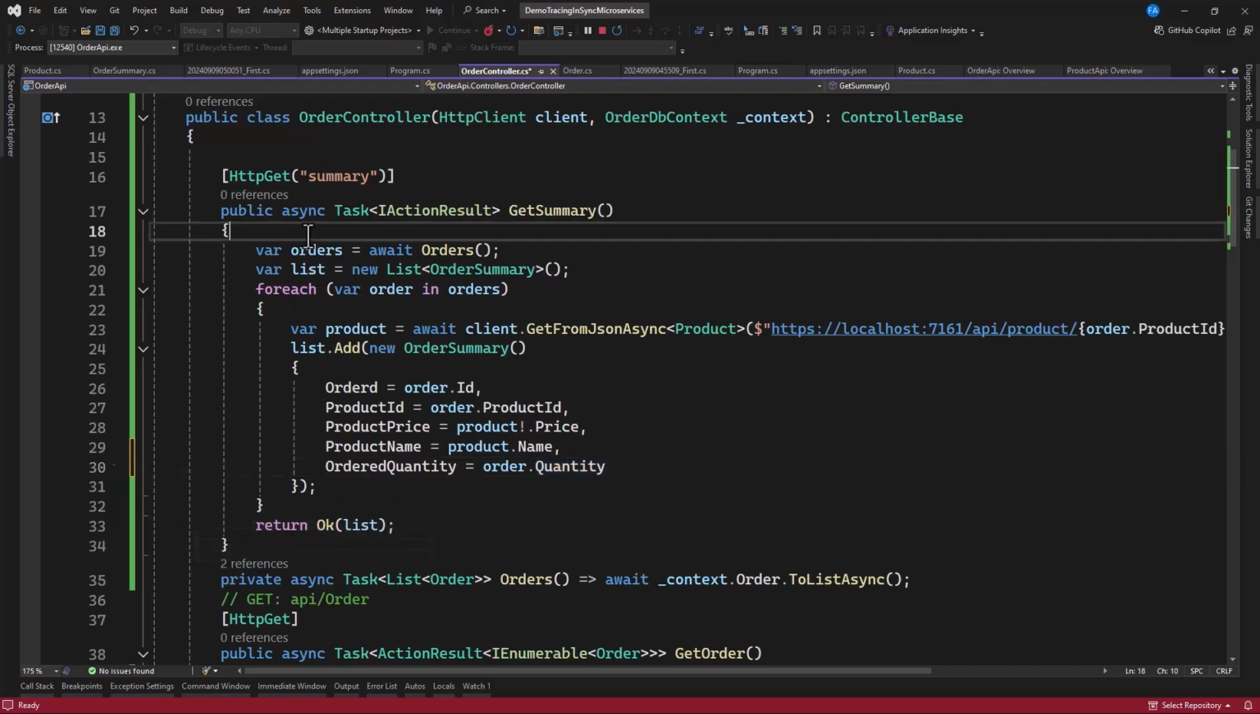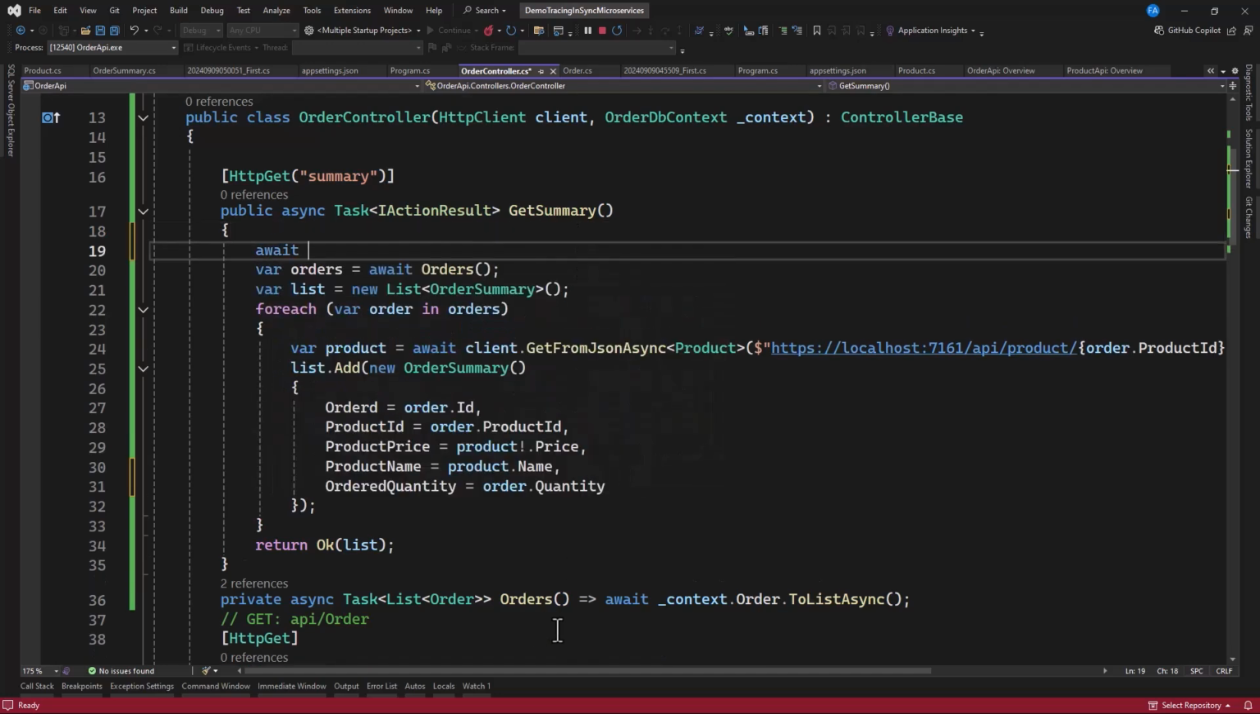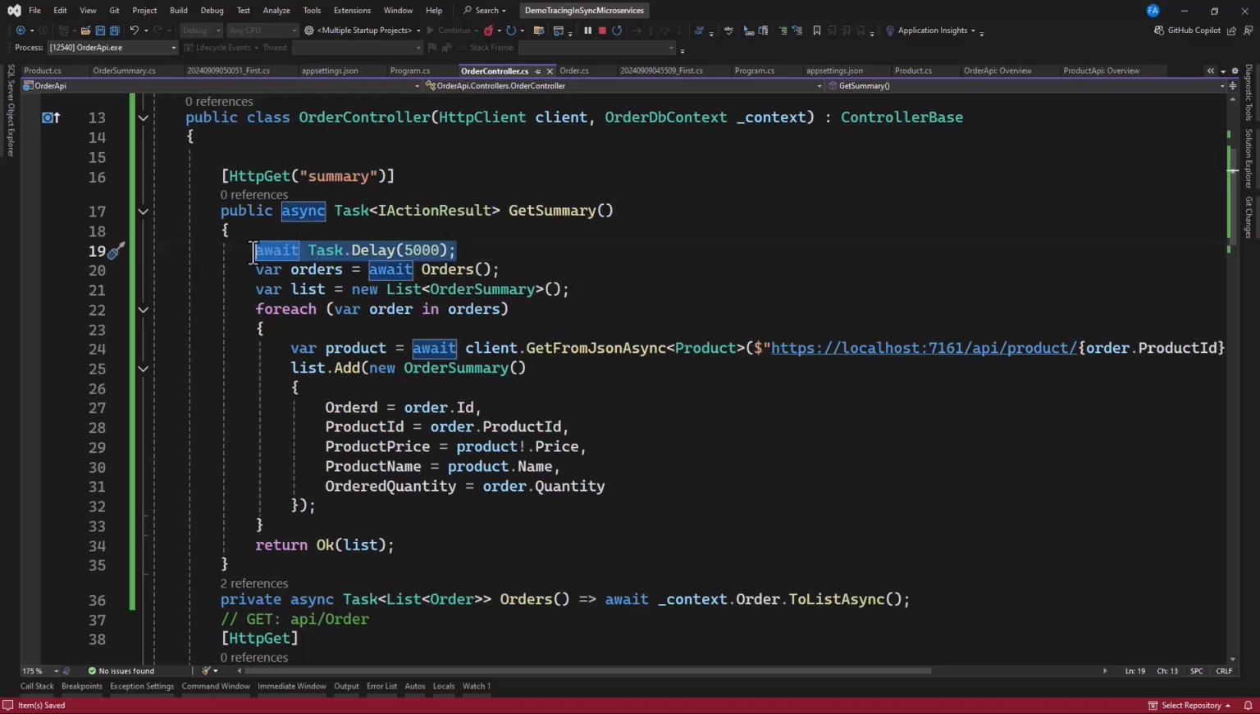Now let's go and introduce delay here. So let's have a wait. We're introducing delay because of the OpenTelemetry that we want to integrate, and now check the trace. Okay, so let's await Task.Delay. We can delay here 5 seconds. Let's save this. Now from our product API,